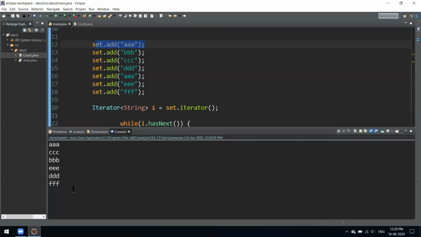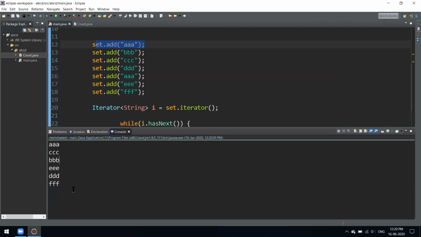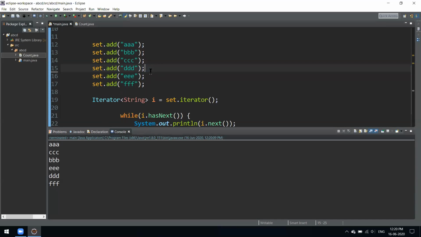The major difference between a list and a set is that in a list we can have duplicate entries, but in a set, not just HashSet, as there are different kinds of set, we cannot have duplicate entries. The elements have to be unique, whatever you are adding. Keep that in mind.